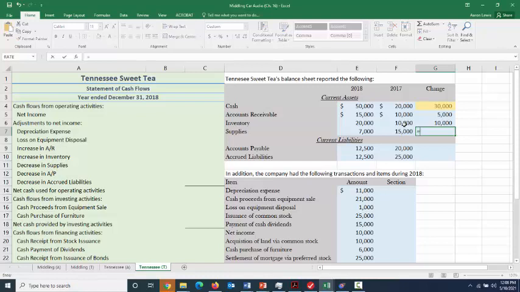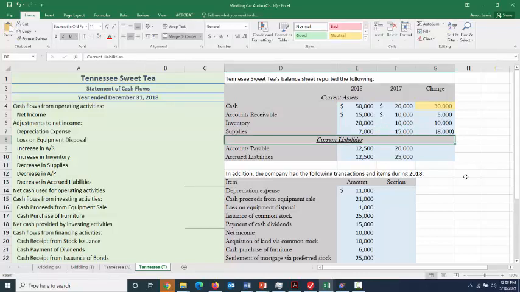For supplies, they had $7,000 worth of supplies on hand at the end of 2018. The last time they reported, at the end of 2017, they were reporting $15,000 worth of supplies. That is a decrease of $8,000. And with that, we are through all of our current assets. We know the changes to our non-cash current assets, which we're going to have to use to make our adjustment to net income, and we know the overall answer we're going to have, which is our net increase to cash